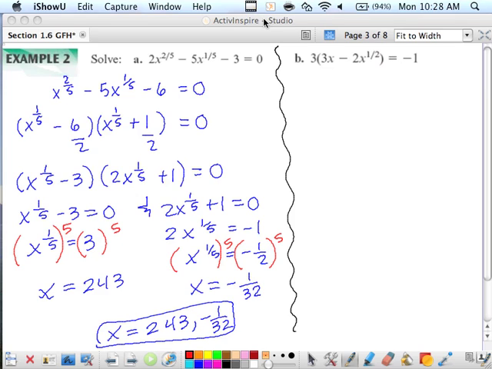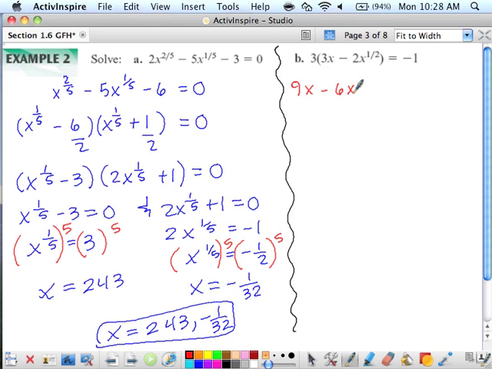Let's look now at 3 times (3x minus 2x to the 1/2) equals -1. First thing we need to do is distribute the 3. So we actually have 9x minus 6x to the 1/2